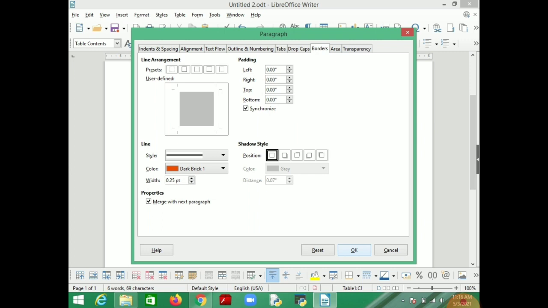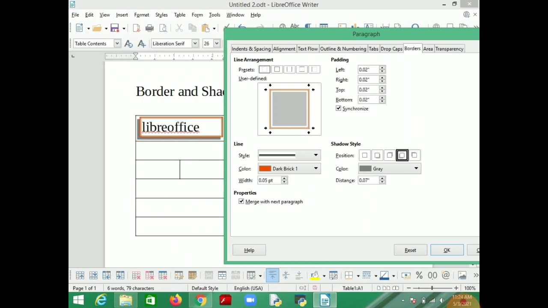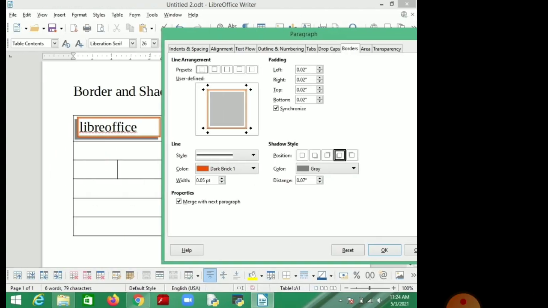These are the line arrangement, padding, line, double line, single line, thick line, color of line, width of line, position, shadow style. So these are the borders you can select for your page, your document, or the text inside also.